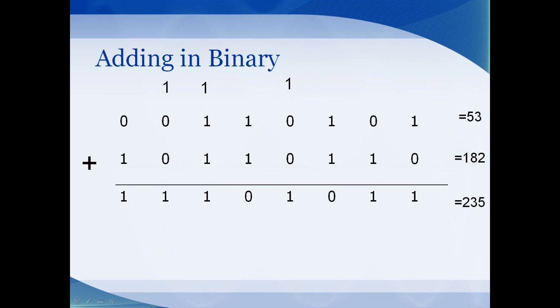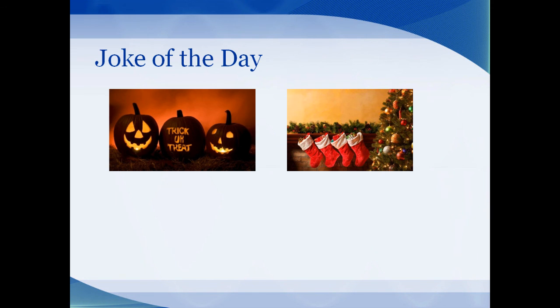Let's check it out. 128 plus 64 plus 32 plus 8 plus 2 plus 1. That equals 235. So we've done our math problem correctly. Okay, we've converted from binary to decimal and back again. We've converted from hex to decimal and back again, added in binary numbers, and now it is time for the